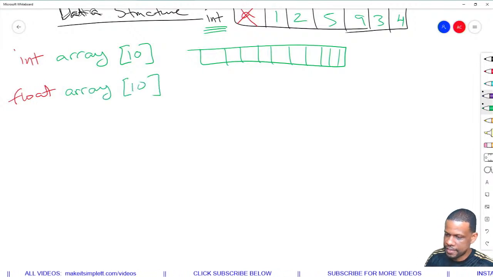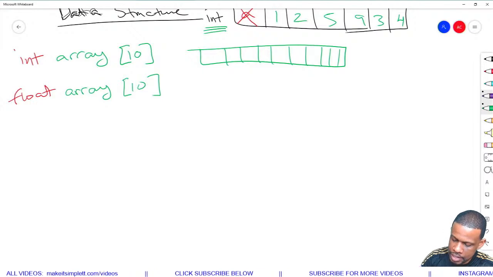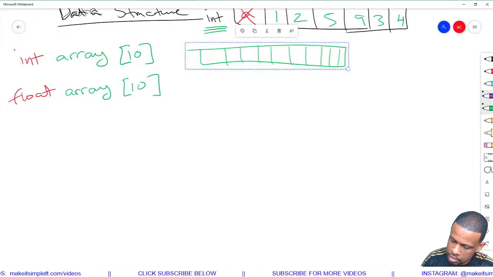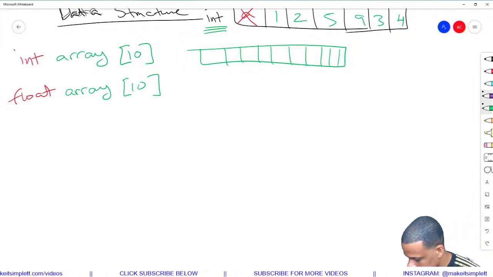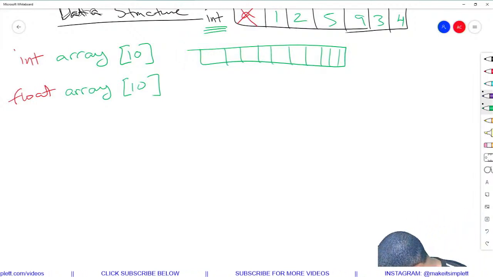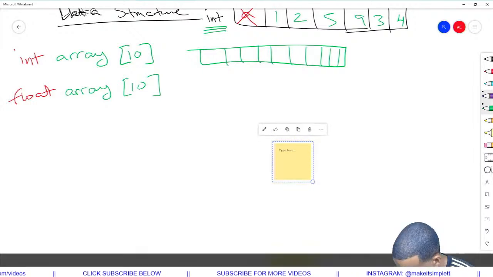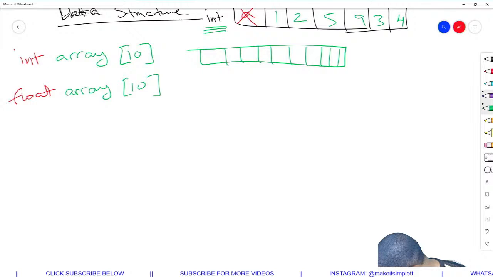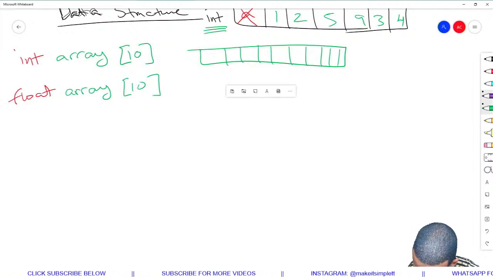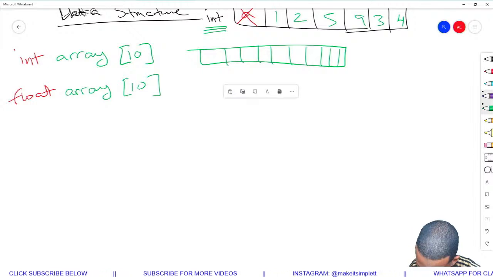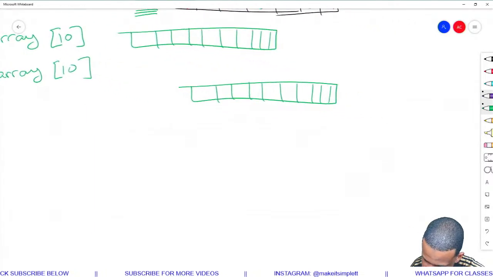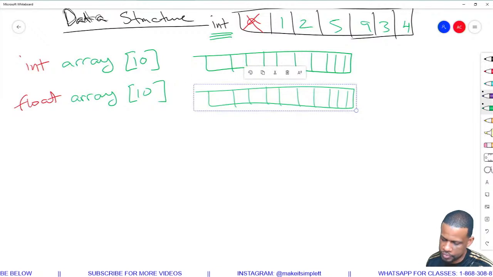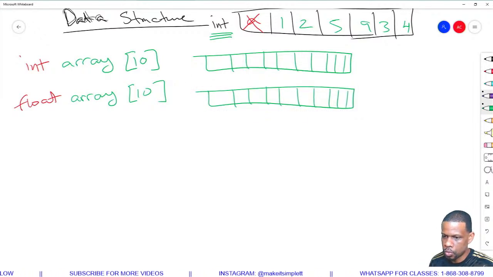Right, if I say float array 10, I'm gonna get the same array thingy. Where is paste? I didn't mean to do that. That was not my intention. What was paste? Oh yeah, gotta hold down. Right, and paste. Aha, right. So I'm gonna get the same array, but this same array now will be different to the first one, which means I could hold